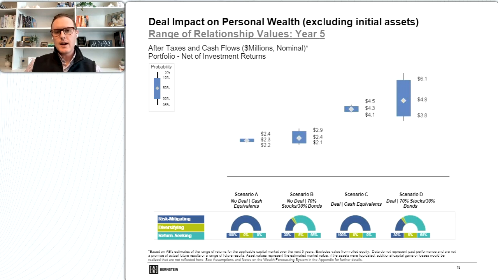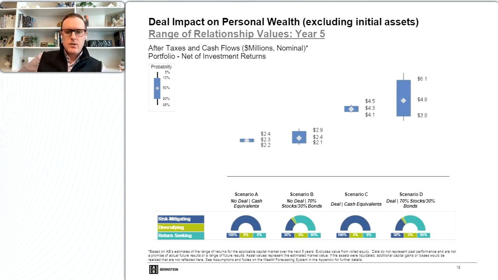And so what you see on this chart is, on the first scenario, scenario A, essentially this is somebody that's entirely in cash and is not moving forward with the deal, but is going to continue to operate at that higher income going forward. And so this is essentially impact on personal wealth, excluding that first $5 million that we know that they have, but just evaluating 5 years into this deal, forget my personal balance sheet to begin with, what is the impact of either taking the deal or not taking the deal? Not taking the deal from an increasing compensation standpoint, or taking the deal and operating at a reduced income. And what you find is